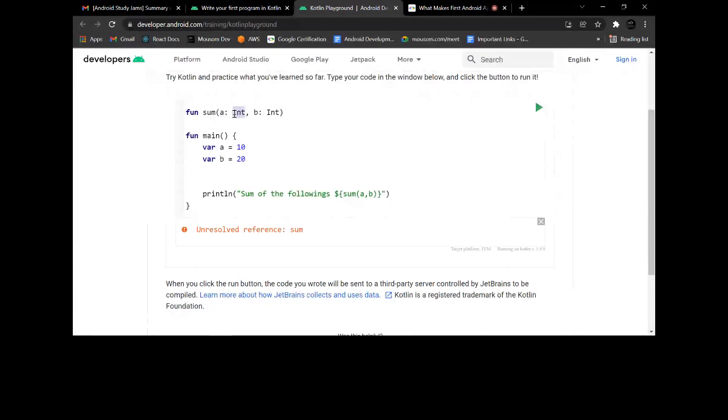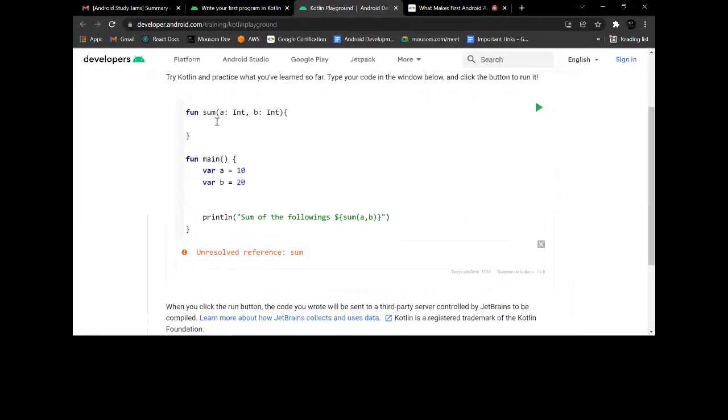In the body we will do the logical part, which means we will process the input and then output something. Our output will be a plus b, right? So we are doing a plus b, and what we'll do is return it. So return a plus b.